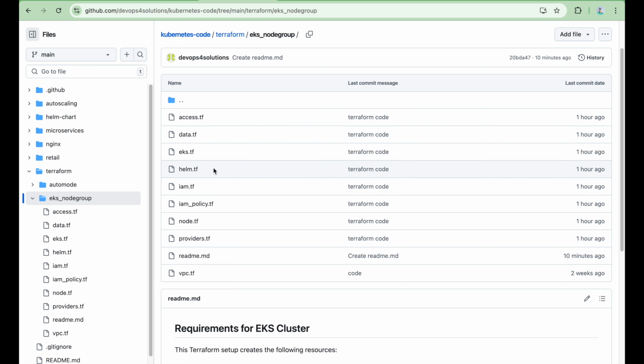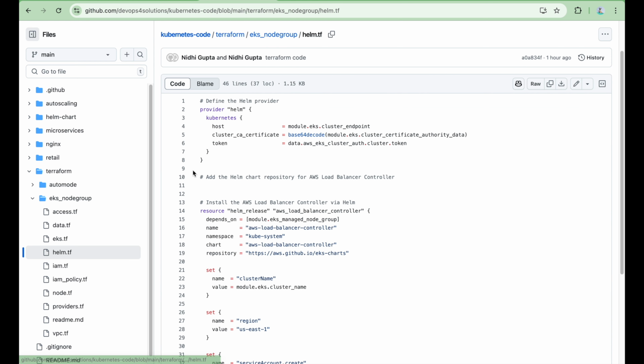So for that, here also they have different instructions on how to install the ALB controller. I am using Helm, and in my previous video, where I was explaining everything and doing it manually, I explained everything using Helm only. So for that, again, you need a Helm provider and you need to authenticate with your cluster. So here I am providing this Kubernetes cluster CA certificate and the token. This is very important. This is like the Helm provider.